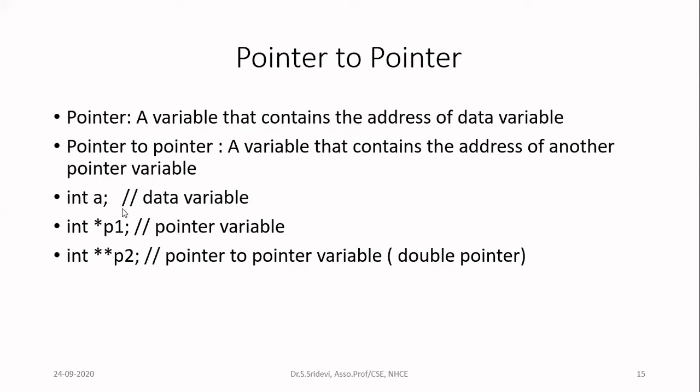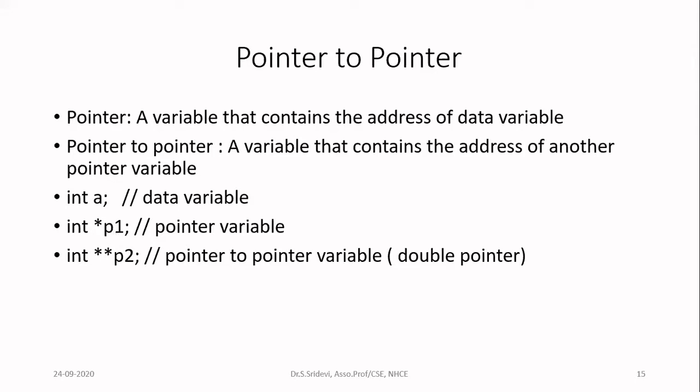Let us consider the declaration int a. Here we are declaring a as a data variable. And if you write int *p1, p1 is declared as a pointer variable because this indirection operator star is going to tell the compiler that whatever follows that operator is a pointer variable which will contain the address of some